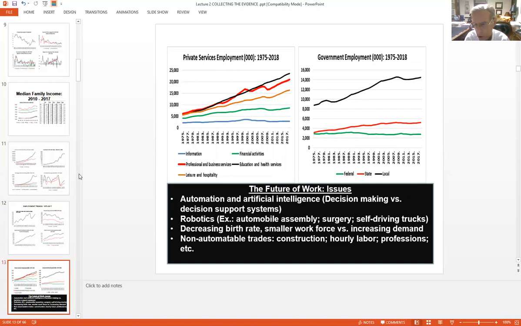Here then are some final graphs regarding employment. The one on the left, you can see the black line is the sum of education and health services. I can tell you that educational employment hasn't been growing nearly as fast as health care employment. And so if we had separated these,